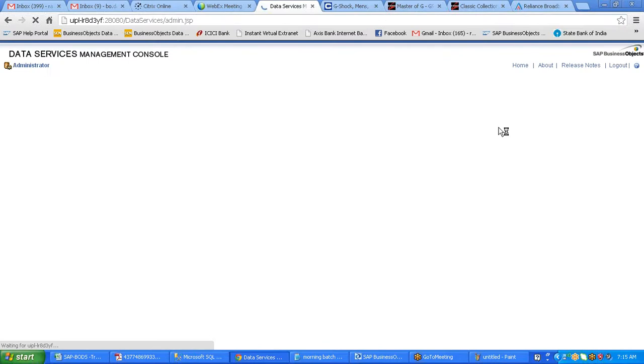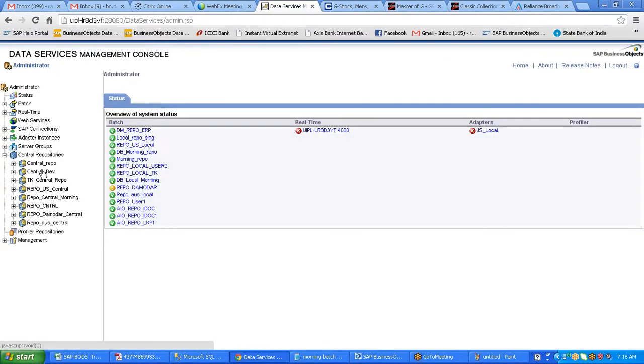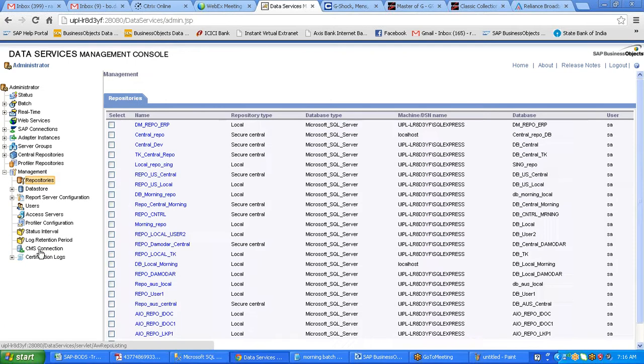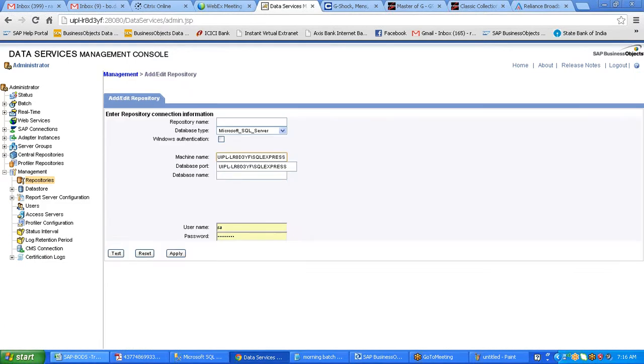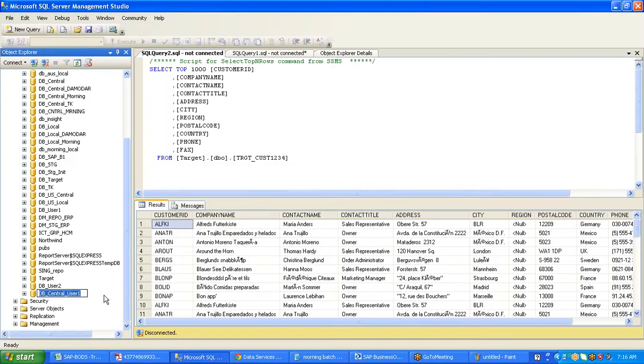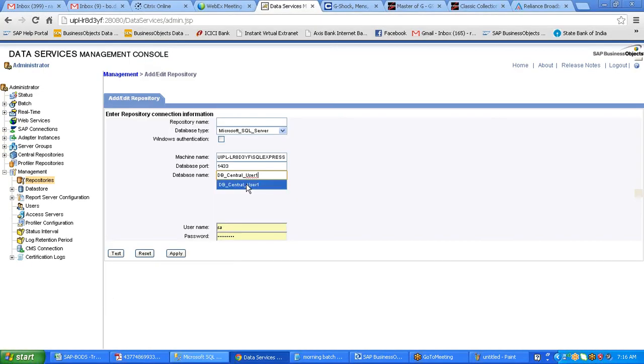So now if you notice, our repository is not present, so let us add a repository. Expand the management, connect to the repositories, drag down and click on the add button here. Here you need to give the server name and the database name. So copying it from the SQL server, yep, we have it here, the database name, then the username and password,